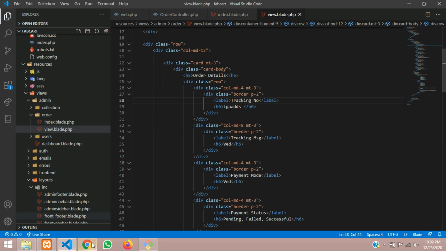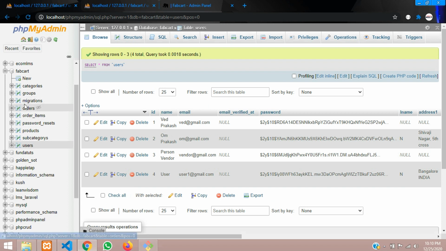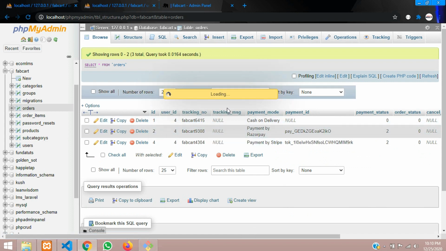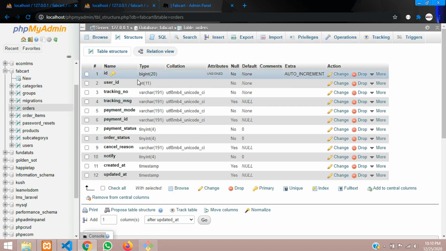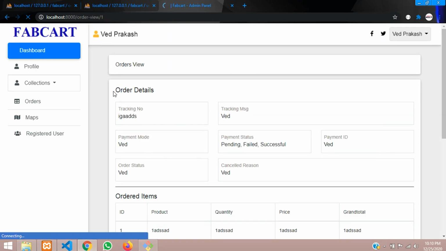So in this order details we are storing the tracking number. So as you know that we have already the data. So let us click on the orders table. So you can find that tracking number, message, mode. So those details we will copy and paste. Whatever data you require, you can put it over there. So let me just copy this variable name and call with that passed variable. So $orders->tracking number. So this is how we can display all the data of order details.